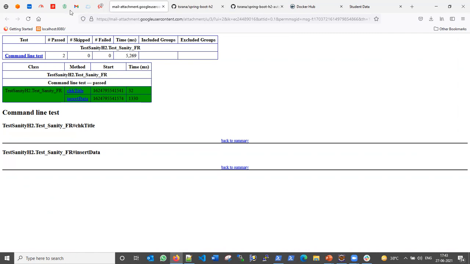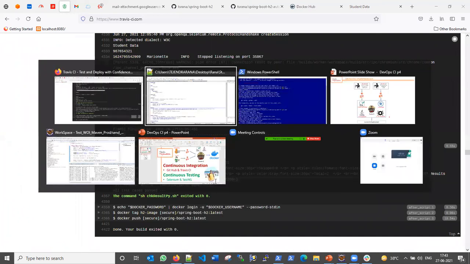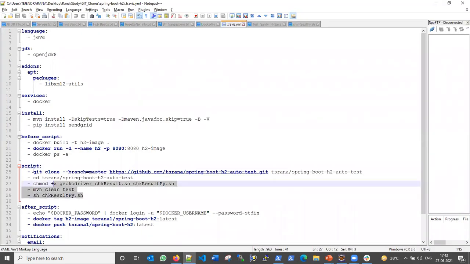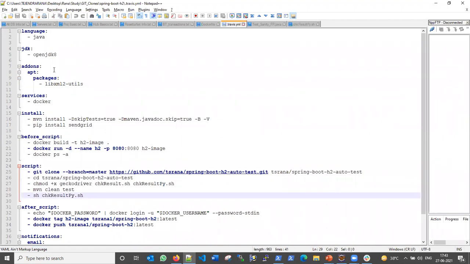So both the two test cases passed. And once these test cases pass, meaning every step before this line is running fine, only then will it log in to my Docker account. And then it will push the image into my Docker.